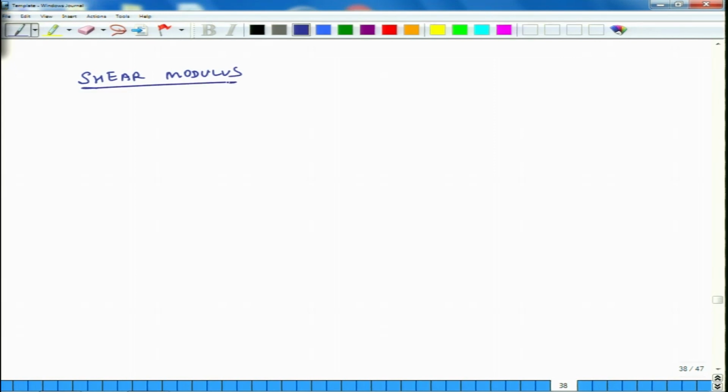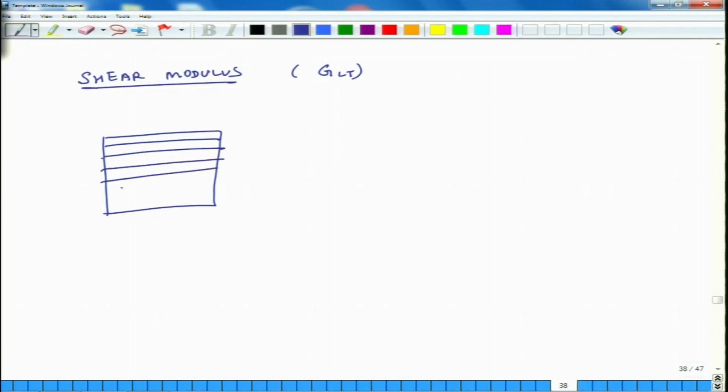GLT. So, if I have a sample and let us say my fibers are running like this, this is my L direction, this is my T direction. So, shear is being applied in the LT plane. So, this is my LT plane and I am applying shear force like this,